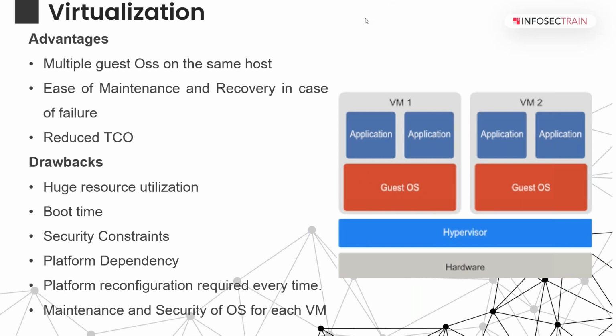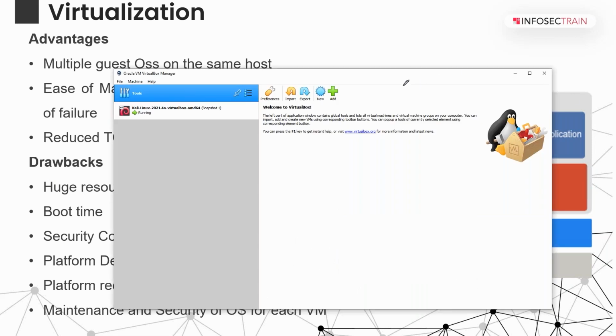Okay, the primary advantage of virtualization is that, as we discussed, you can run multiple virtual machines on the hardware. Now, my laptop has 16 GB RAM. My Windows operating system will take only 2 or 3 GB maximum. Even if it takes 6 GB, I have 10 GB left, right? So I can create 5 virtual machines with 2 GB each. Like this, I can create multiple virtual machines if I want.